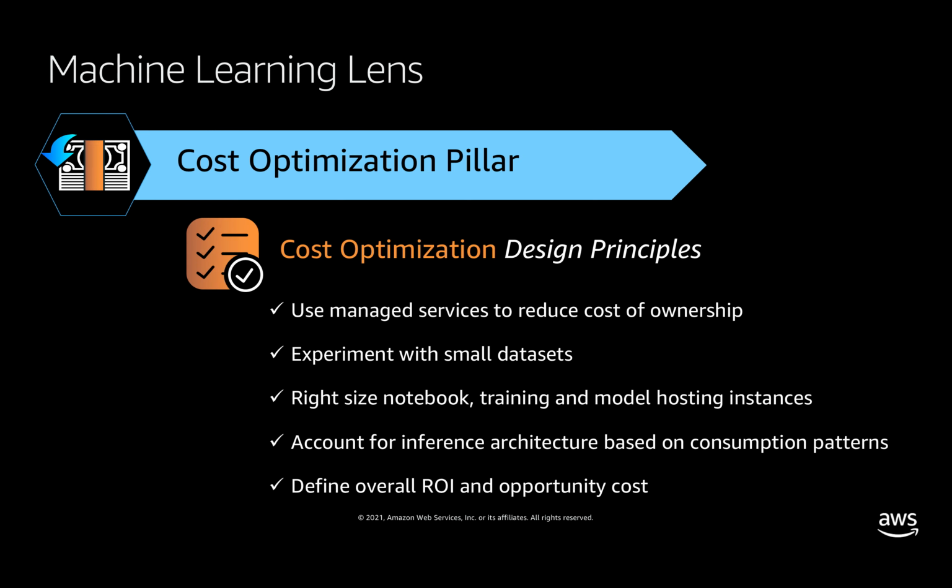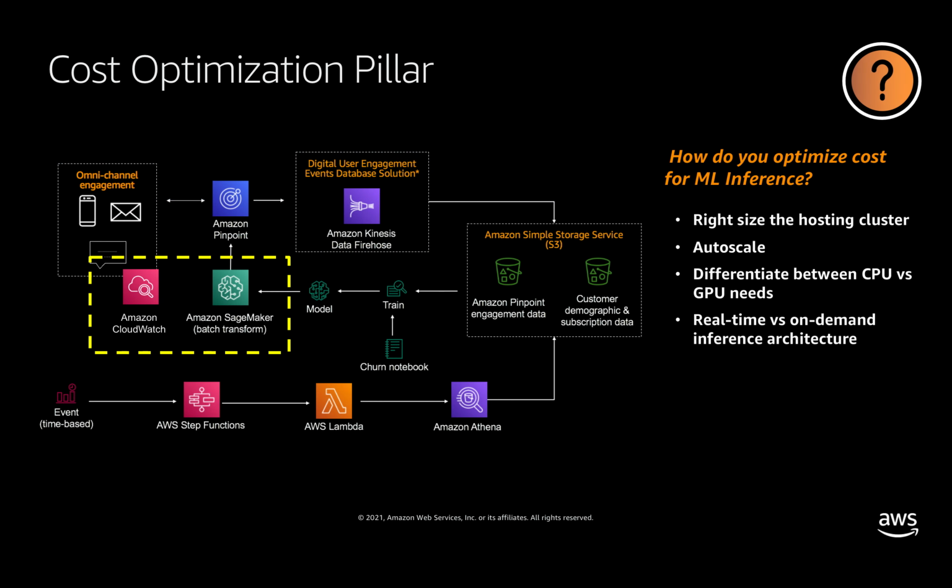So let's take a look at a sample question inside the machine learning cost optimization pillar. How do you optimize costs for machine learning inference? We talked a little bit about this, but to answer this, you really need to consider things like latency, throughput, and the time that a prediction endpoint needs to be up. A key thing to consider here is whether you actually need that persistent real-time endpoint or you can take